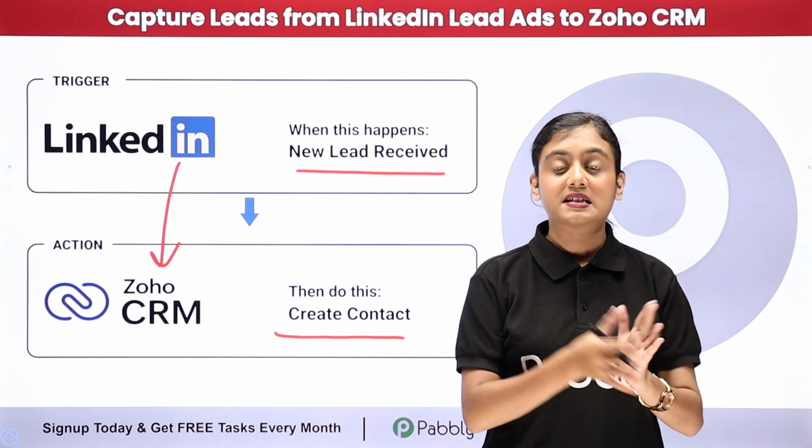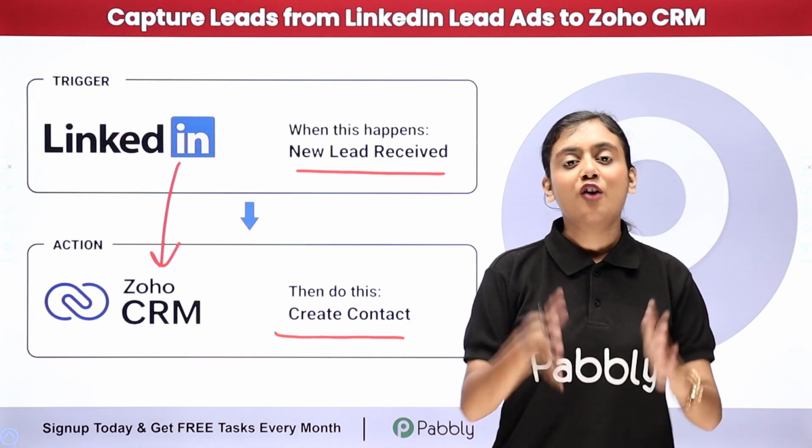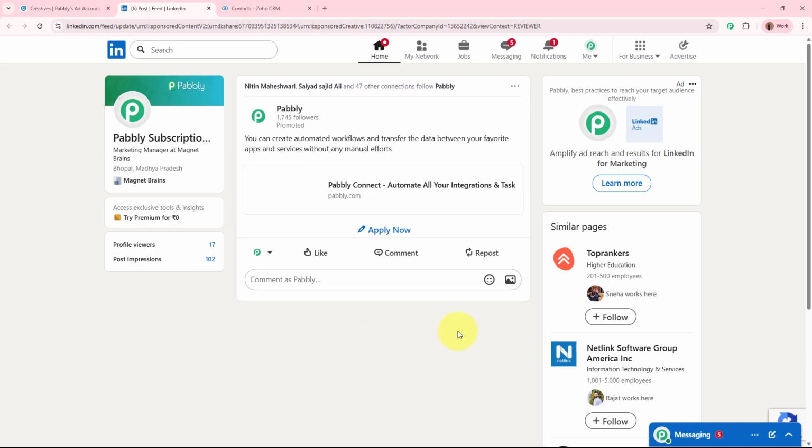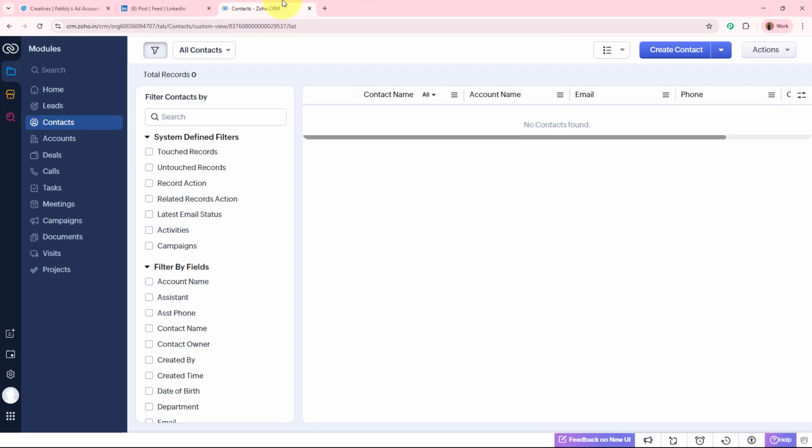So now if you want to learn this entire process step by step, for that I have to take you towards my screen. Welcome to my screen. So I'm an owner of a B2B marketing agency business and I use LinkedIn lead ads to attract potential clients who are interested in my services, and I use Zoho CRM to manage all my clients' interactions, contacts and follow-ups